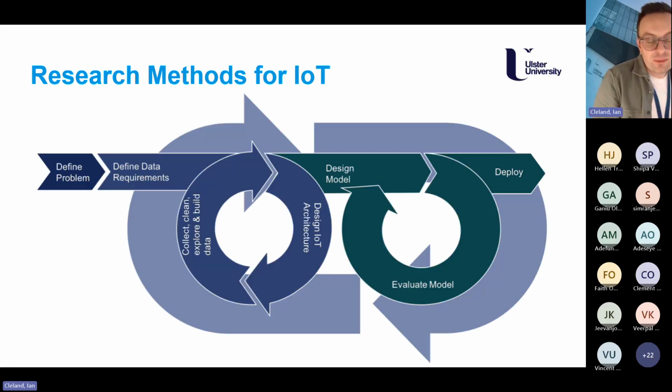And we have similar methodologies for other types of project as well. So this would be, I guess, a more standard one for an IoT focused project, quite similar to the CRISP-DM, but more on a software development lifecycle. So again, we have a problem definition. We want to define the requirements for that project. So let's say we're building an IoT-based air quality monitoring solution. We want to maybe define, well, is that going to be indoor or outdoor?